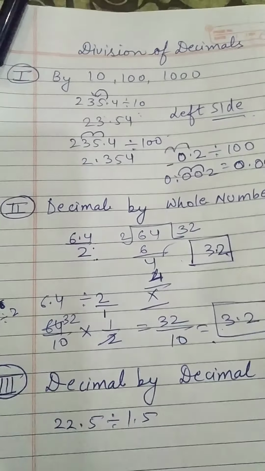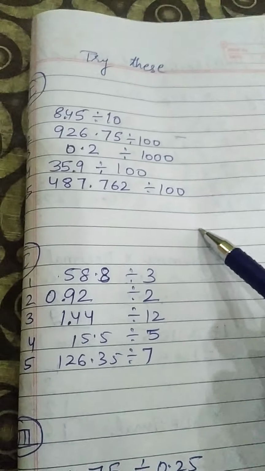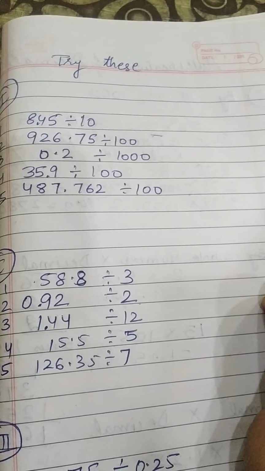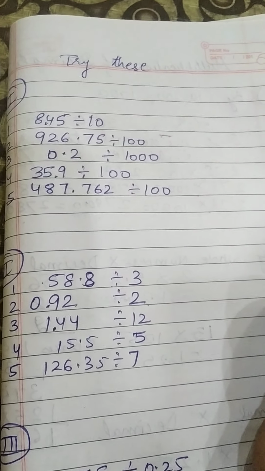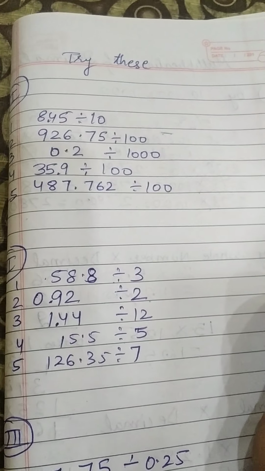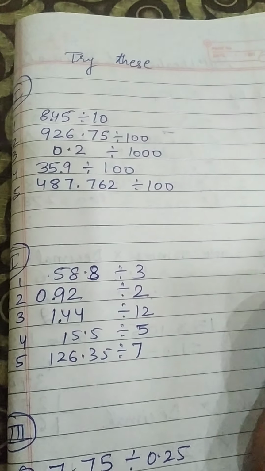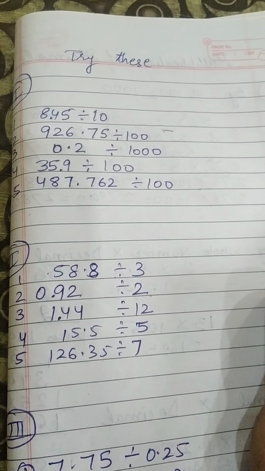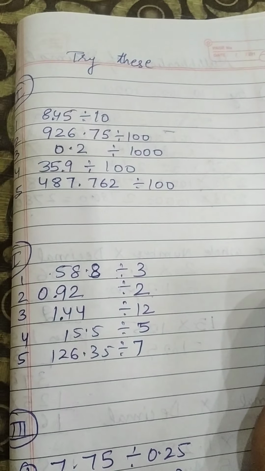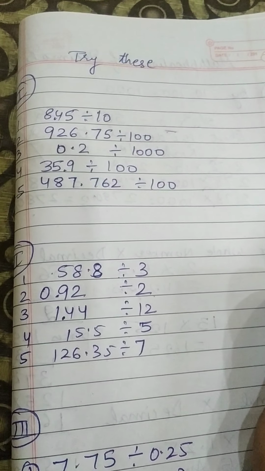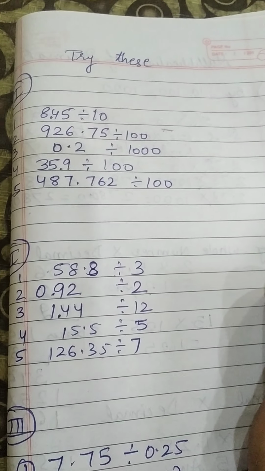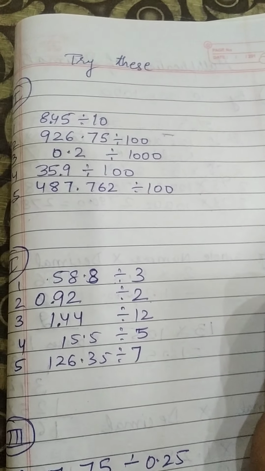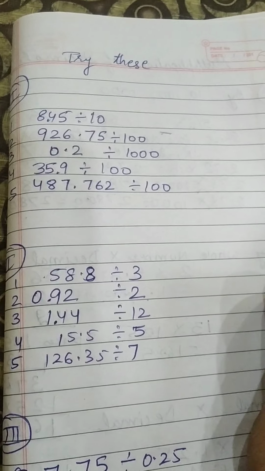For both these first and second parts, I have given you 5 questions. Try these. I am waiting for 5 seconds. You can note down these questions in your notebook because you are going to do them as your assignment. I am not giving this in the assignment, so you will note them down from the video only. Try these in your notebook along with the next exercise also, 2.7.